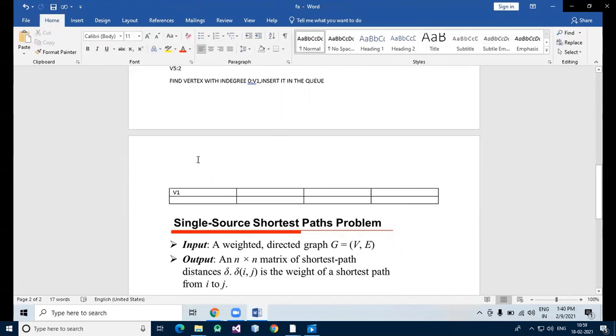v1 remove, in the next column here v1 will be removed. Okay, v1 remove, we have to remove one by one whatever we insert in this. So v1 remove, then we take it from the queue and update the in-degree, that is we have to update like v1